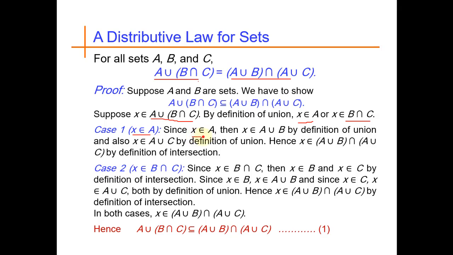So since X belong to A, then X belong to A union B. अगर वो A में पाया जाता है तो वो A union B में भी मौजूद होगा by the definition of union. और इसी तरीके से हम ये कह सकते हैं कि X will also be present in A union C. So यहाँ से हम ये बता सकते हैं कि अगर X A union B में भी है और X A union C में भी है, तो because it is present in both, so we can say that X belong to the intersection of A union B and A union C. So now X belongs to the right hand side.